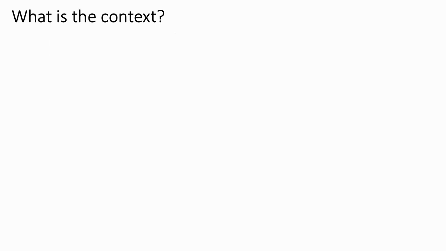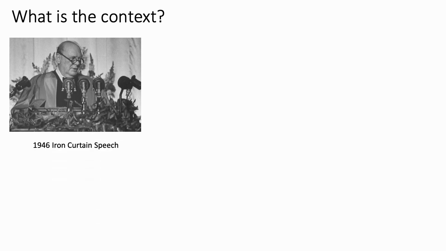So let's get on a little bit more as to what's happened in between World War II ending and the satellite states being created. So Winston Churchill, who lost the election, as we know, during World War II, and was replaced by Attlee, goes over to America in 1946 and delivers this Iron Curtain speech. We've already talked about this in a previous lesson, but what that essentially does is it talks about how Europe is split east and west. But if there was any doubt of Churchill's allegiance, it's clear he's on the pro-American side here, because this speech took place in America, which, to be fair, is our traditional ally anyway.